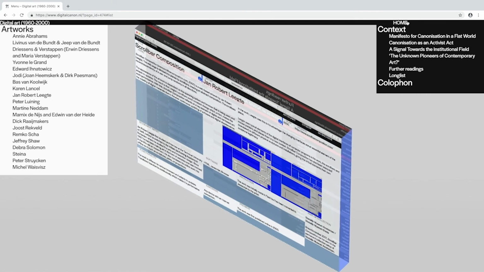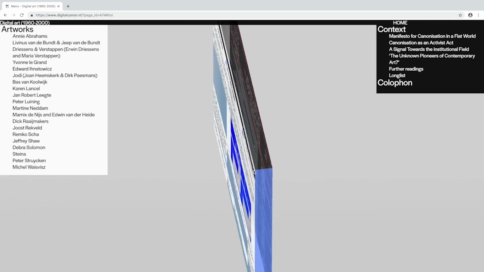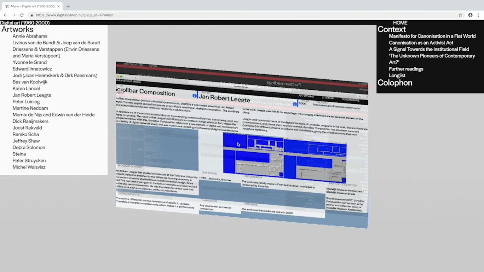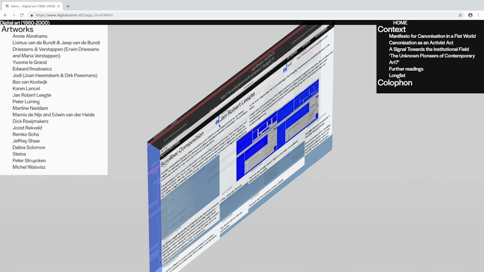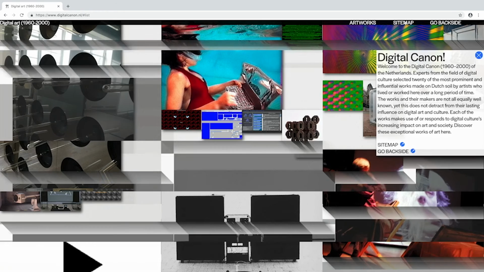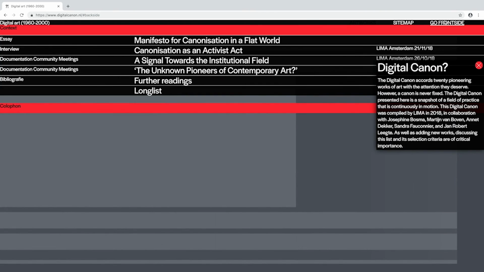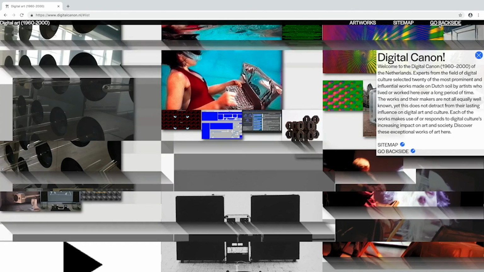Number 11, Marey Moiré from 1999, an abstract 35mm cinemascope by Joost Rekveld. Scoreboard compositions from 2000 by Jan-Robert Leegte, a web-based artwork highlighting the sculptural elements of the net. Spatial Sounds, also from 2000, by Marnix de Nijs and Edwin van der Heide, an interactive sound installation including a robotic rotating arm. TST, also from 2000, by Bas van Koolwijk, a series of abstract video compositions. And last but not least, Agoraphobica Digitalis, also from 2000, by Lanselmaat, an interactive installation and performance in public space